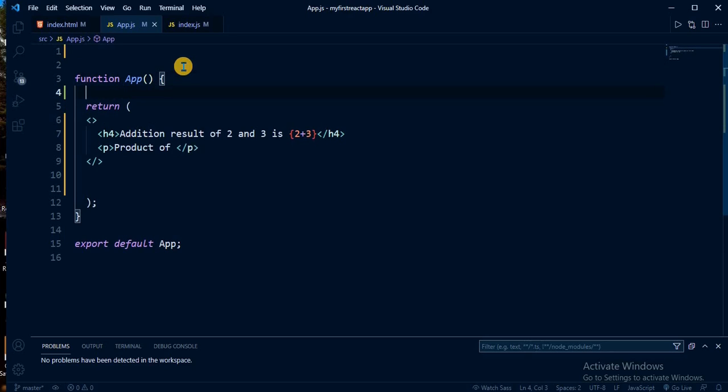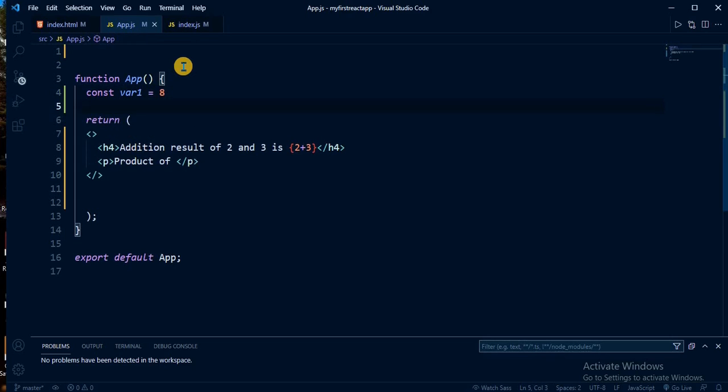Inside this functional component we are going to take some variables. Let's say var1, which is 8, and another variable var2, which is 7.